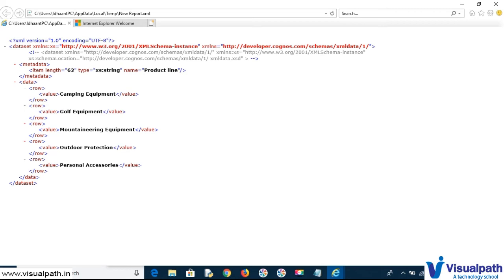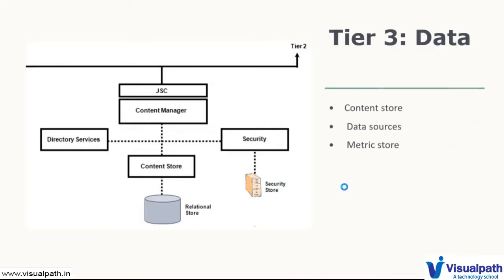So the Cognos content store is the repository of Cognos where all the data related to Cognos is stored. And then we have the data sources.